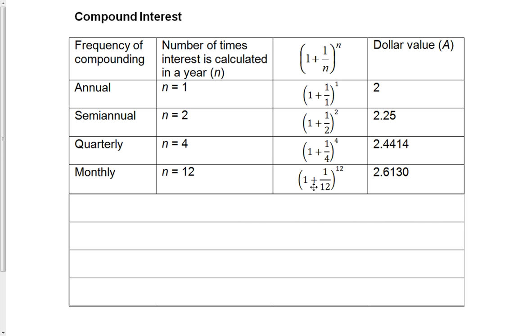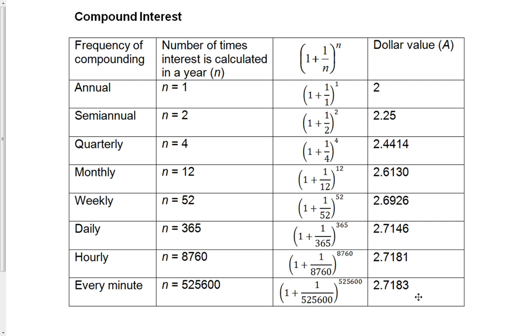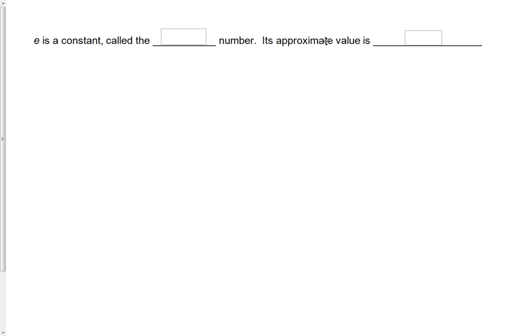And if you continue on this trend of increasing n, the number of times that interest is calculated per year, you're going to continue to go up in your dollar value, but only a smaller and smaller amount each time you increase that n size. And as we go higher and higher, you'll realize that we're leveling off at a single constant value, around 2.718 something. Well, it turns out that that number is actually called the natural number E, and its approximate value is 2.718,